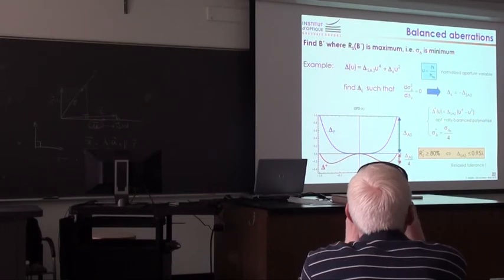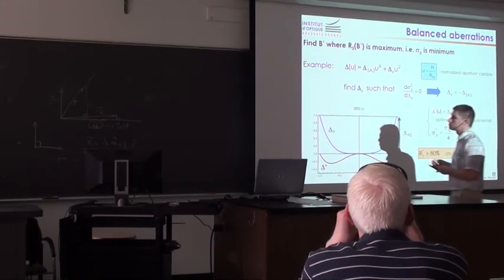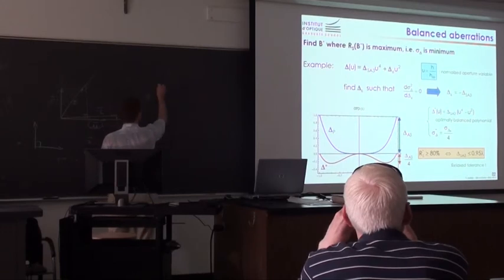If you calculate the variance of that, you find that it is equal to 1/4 of the standard deviation of the wave aberration calculated with respect to the paraxial sphere, the sphere that is centered on the paraxial edge. Okay, to say it differently, let me do another drawing. To say it differently,